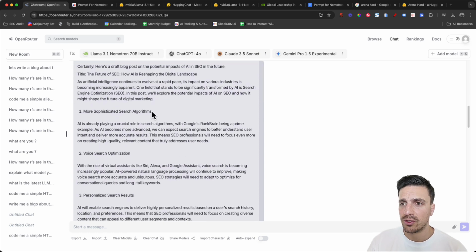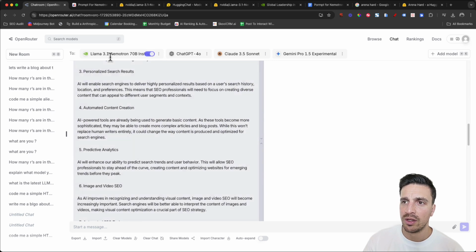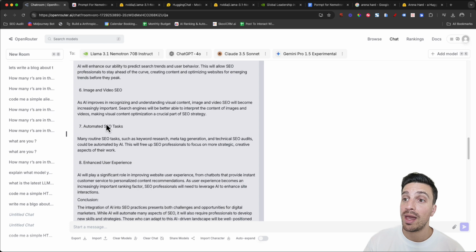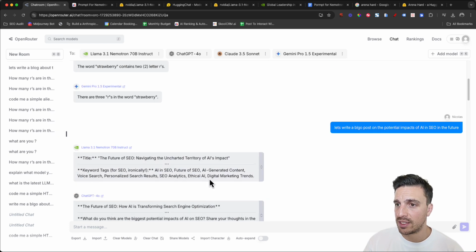That's not too bad. It talks about more sophisticated search algorithms, voice search optimization, personalized results, automated content creation, which is true, AI video, automated SEO tasks. I like that. Cool. So not too bad. Now let's see